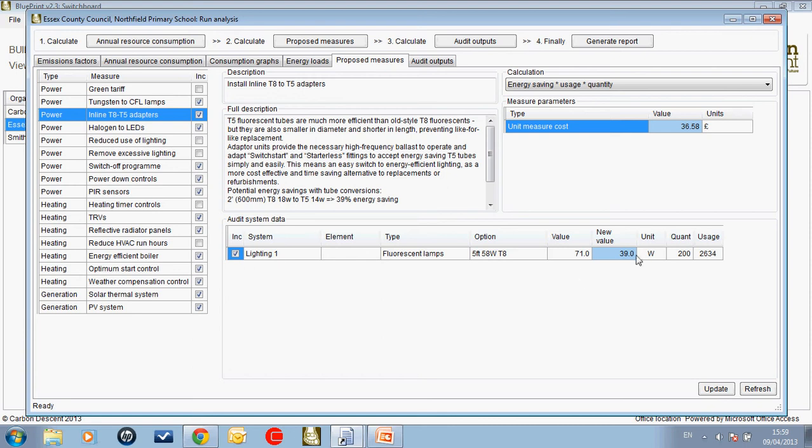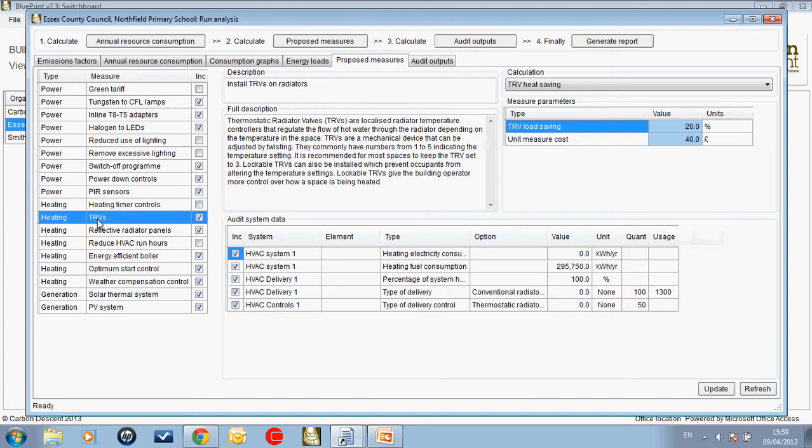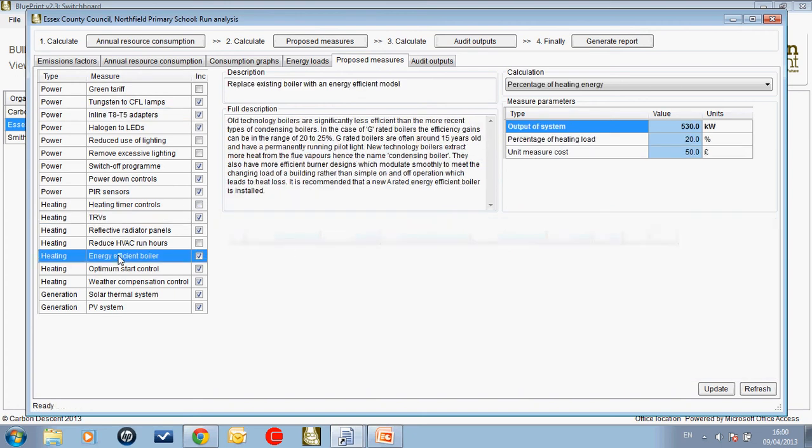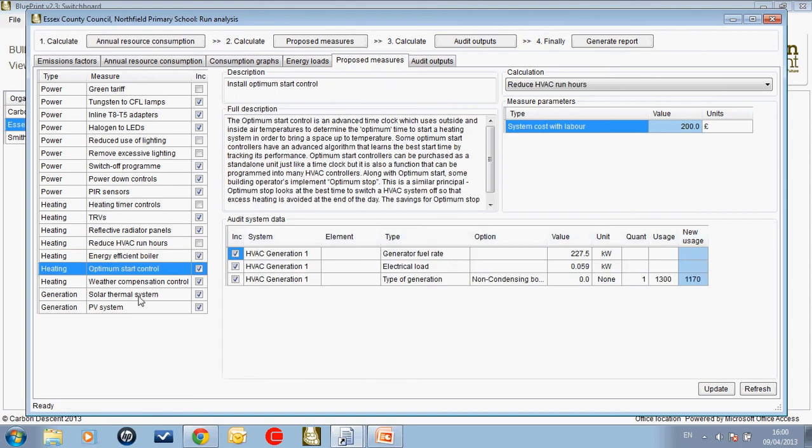And am I happy with the assumptions that are being made here with these default assumptions? Particularly, we've highlighted in blue the areas that you will particularly need to check. So it's pulling through all of the data from the data collection survey about these lamps, the numbers and wattages and so on, and then you can see through to things like TRVs, more efficient boiler and so on. There's a process of just checking whether you're happy with all of these assumptions, and indeed whether you want to